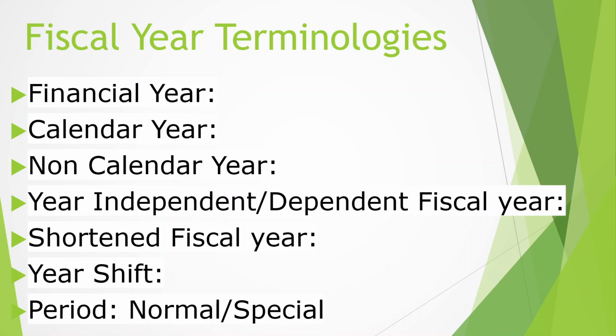Coming to the period-wise, we have two types of periods given in the SAP system: normal and special. Normal means month on month periods that we have: January, February, March, April, May, June, July, August, September, October, November, December. I am talking about the calendar year. Then this is called your 12 normal posting periods. But